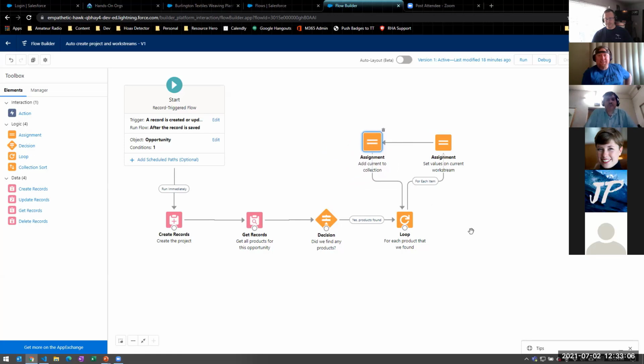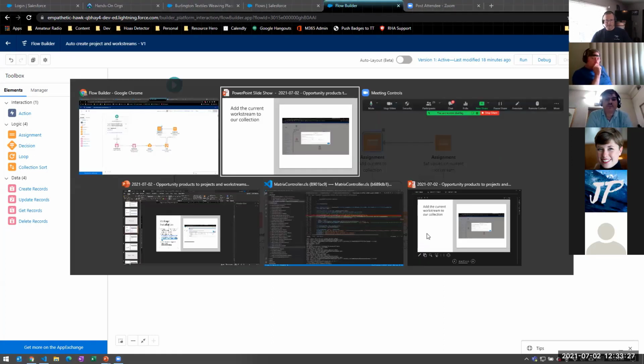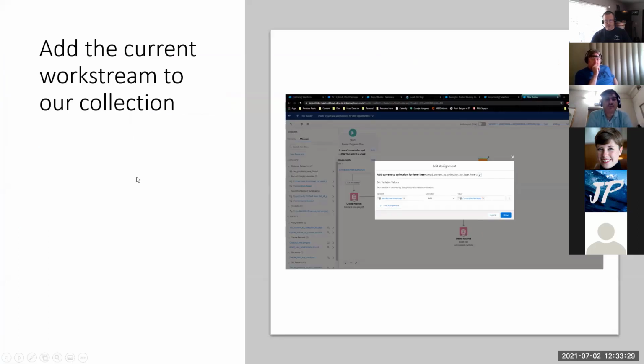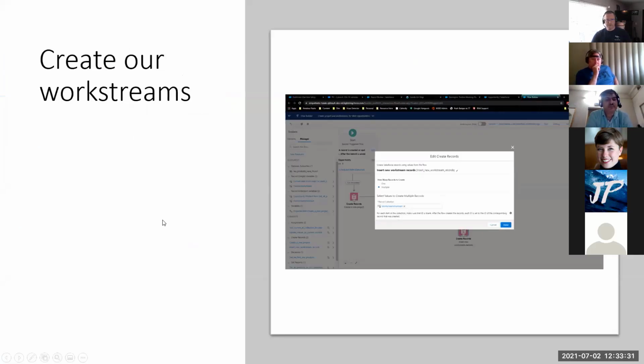But if we think through this logic now, did we find any products? Yes, we did. Let's just say we found 3 of them. For each one that we found, we're going to loop through here, and we're going to set the current work stream, so set the values for the current, and then we're going to take that current and add it onto our collection, and we're going to keep going. So we'll do that 3 times for each of the ones that we found. And then in the end, after we've added it to our collection and we've looped through all the products we found, we're actually then going to insert those records and actually create those work stream